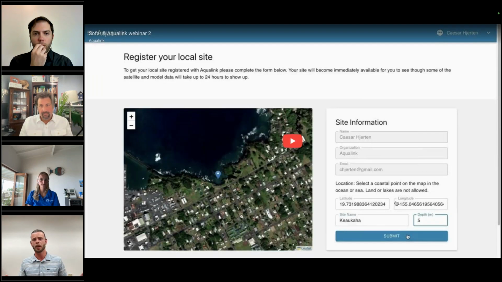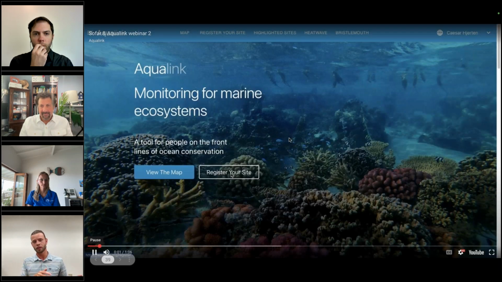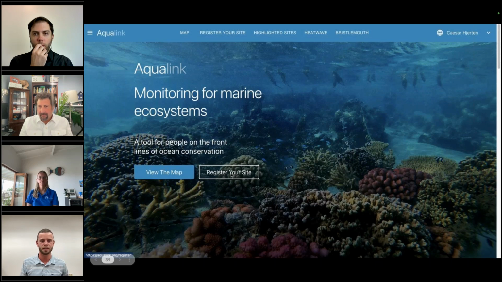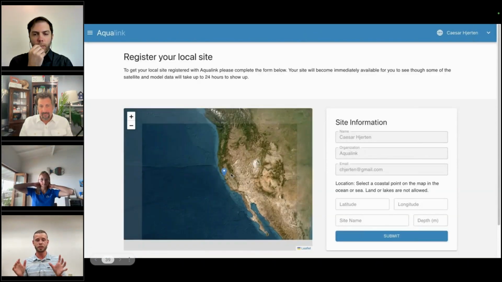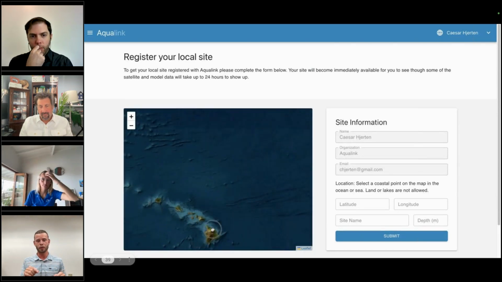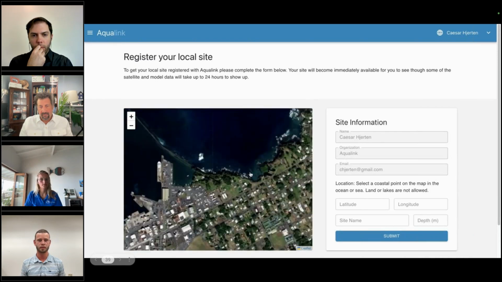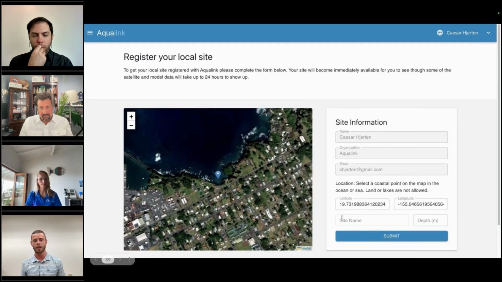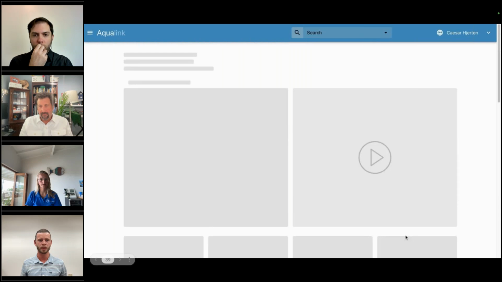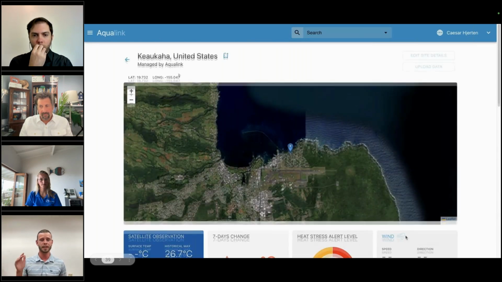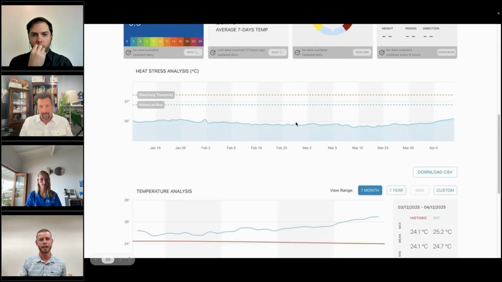So how do you get your own Aqualink dashboard? Well, it's super easy. Just go to aqualink.org and click on register your site. And then you select the specific location in the map where you want your dashboard to be located. And then just add the site name. And then you add the depth, but this could be a rough estimate. It's not too important to be exact here. And then you wait a few hours for the data to be populated into the dashboard cards and graphs from